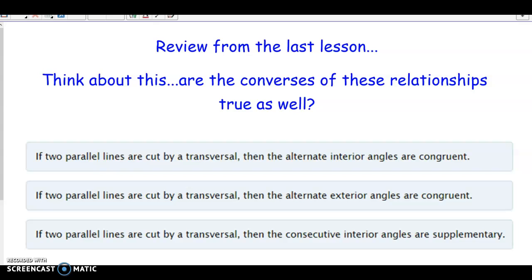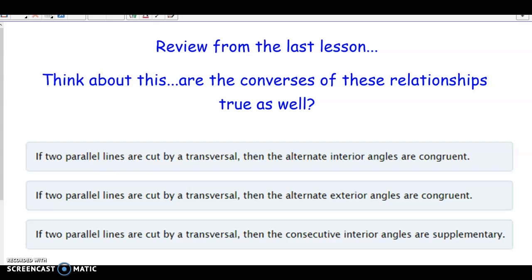a transversal. Remember, a transversal is just a line that intersects two or more lines. So when you have parallel lines, those are two lines, and so when you have a line intersecting them, we call that line a transversal. So if you have parallel lines cut by a transversal, then we learned these three relationships. The alternate interior angles are congruent, the alternate exterior angles are congruent, and the consecutive, which means same side, interior